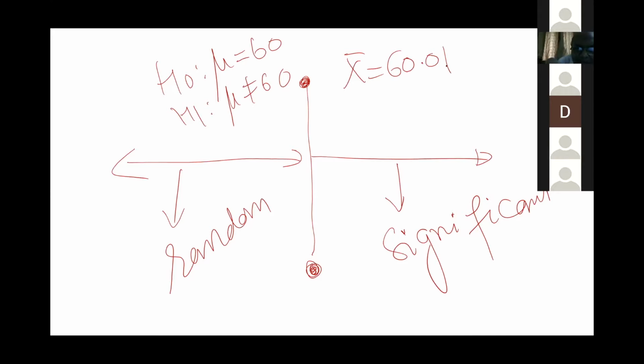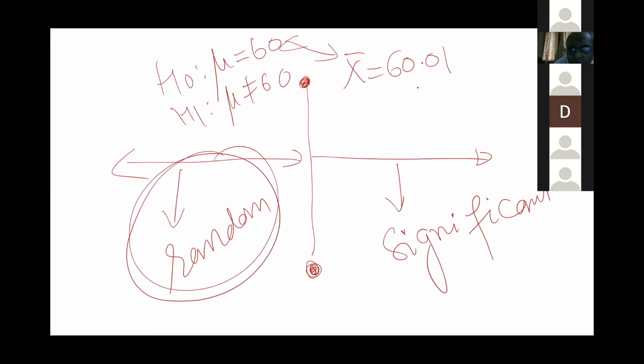If it is due to sampling, we say that it's because of randomness. I go on increasing: 61, 62, 70, 100. You will find that there is a limit for randomness, a limit for this variation due to sampling. After that, the difference is so significant that we can assume our null hypothesis is not the correct hypothesis, and we should reject that null hypothesis value. Is that clear? Now, having understood it, let's look at the p-value.